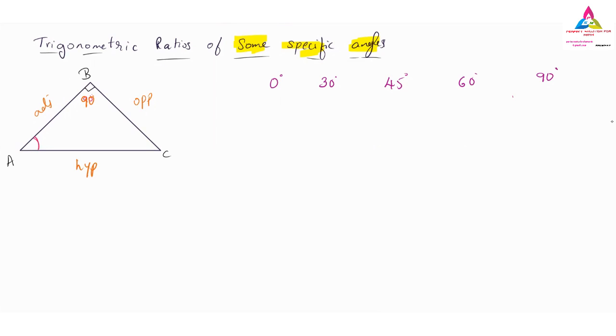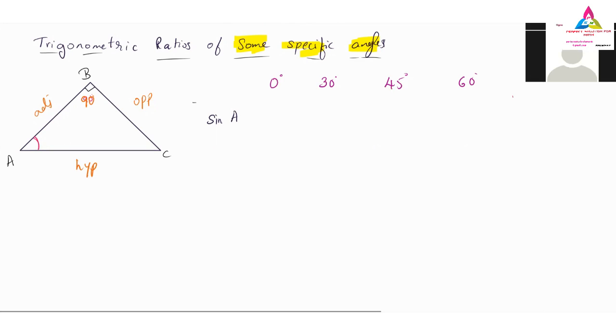So the first one is the sine. There are 6 functions, so first I will take the sine. That is the angle A we can take. So sine A we can take. And you have to draw the, okay, close that video. So we have to draw the